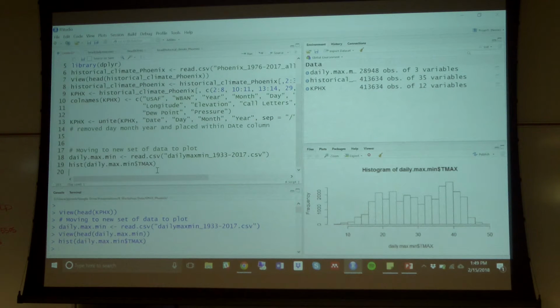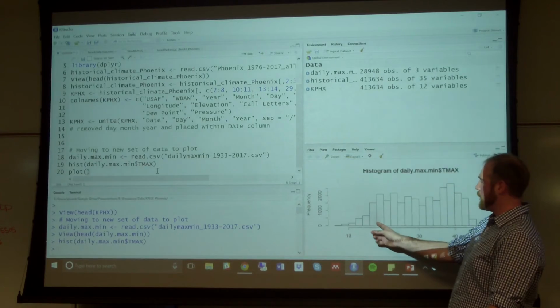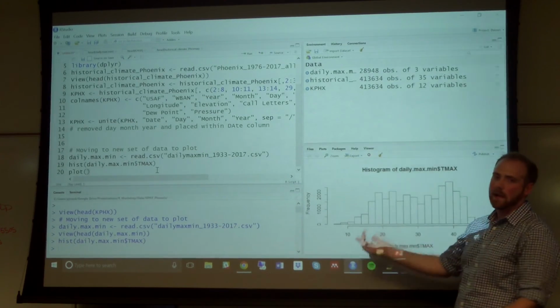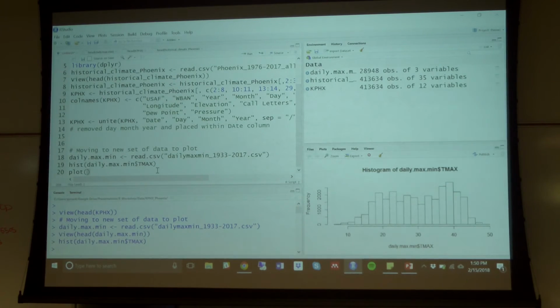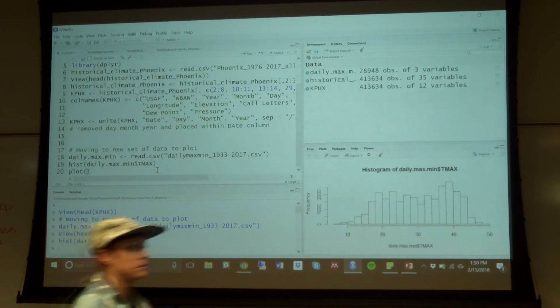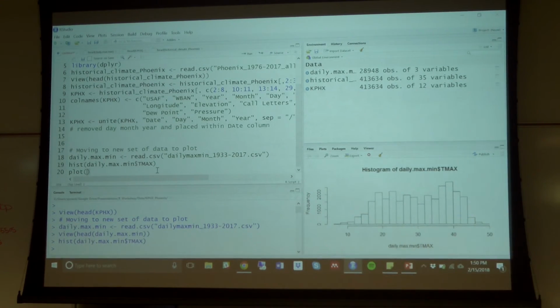Let's plot the data. So plotting it will allow us to actually look at the data itself, not just seeing that we had over 2,000 data points that were like 18 or 19. Yay, but we don't actually get to see how this changes over any other relevant framing. So if we do plot